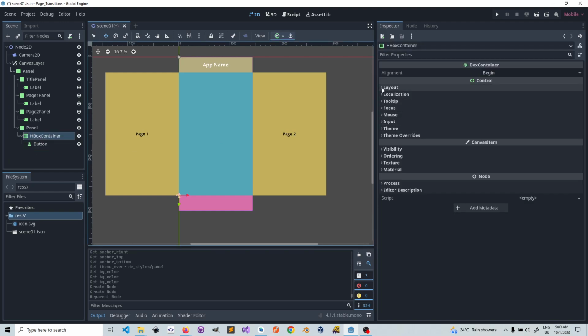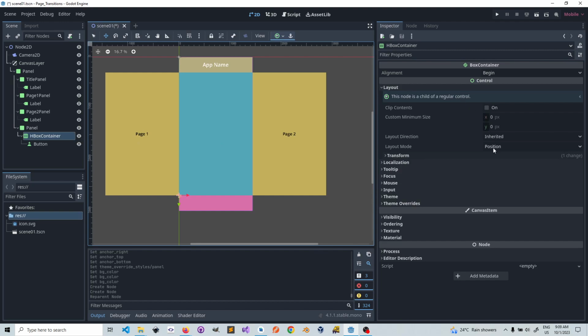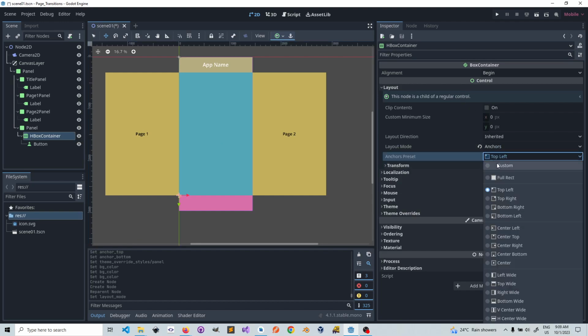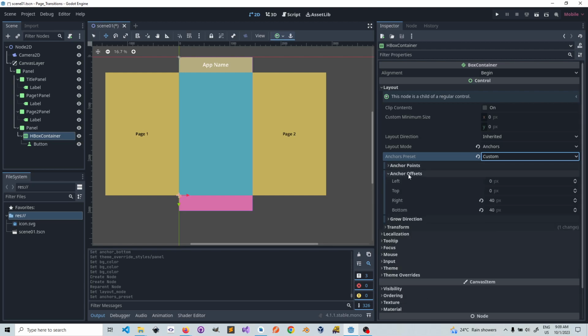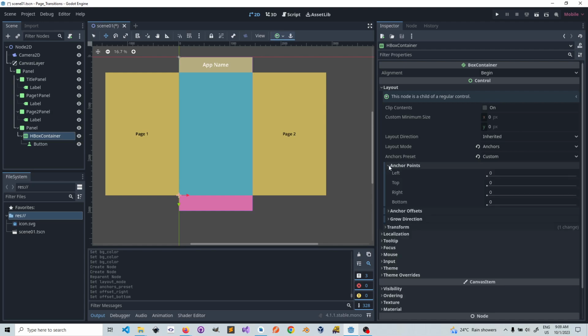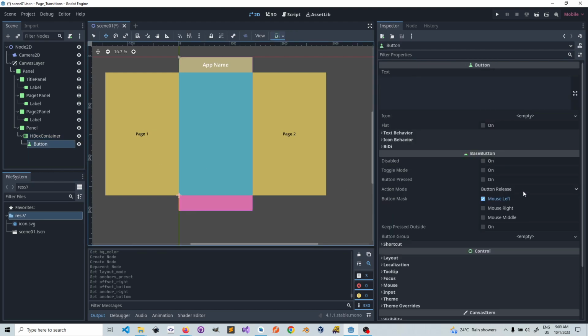And then for the setting of the H box container, we're just going to say it's going to be 100% anchors. I'm not wasting my time to explain what I'm doing here because it's part of Godot's tutorial. That's where I learned how to do it. So you can either follow me as I do it, but you might not understand. Just go directly to his channel and you'll see how he did that. So there's going to be 1 and 1, and then our button is going to have